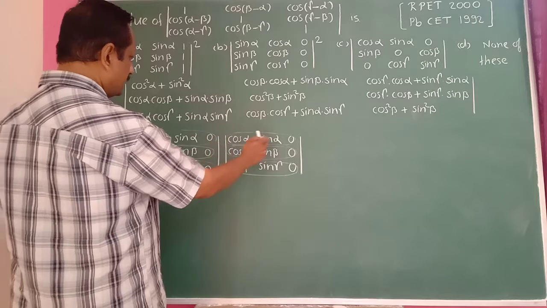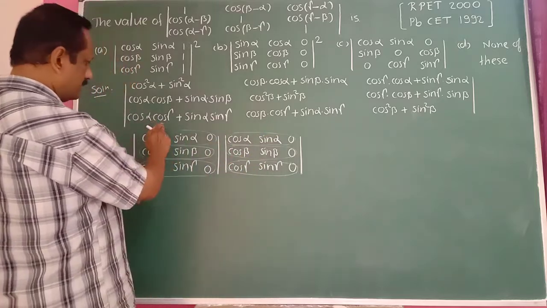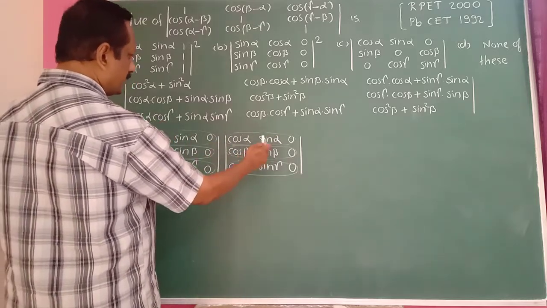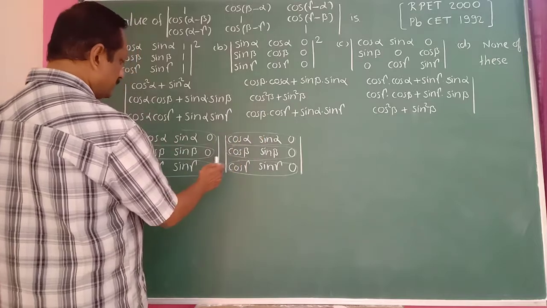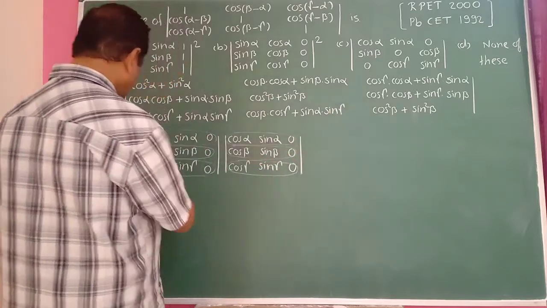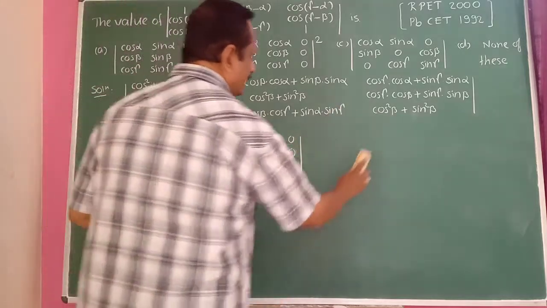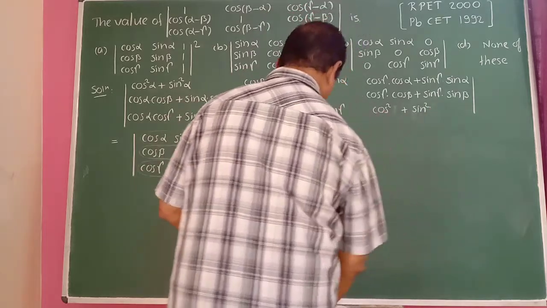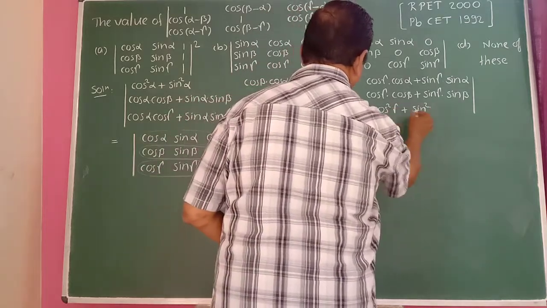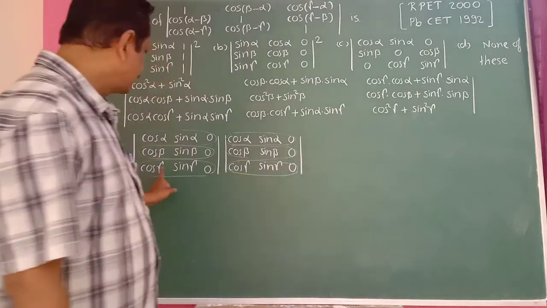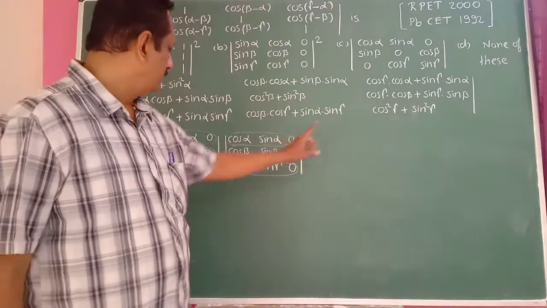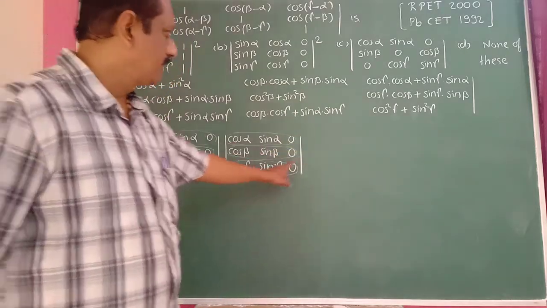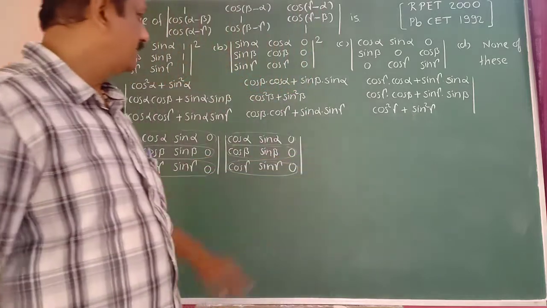Multiply this with this here, you get this. Multiply this with this, you get this one. We get this one. So cos square gamma, not beta here. This is gamma. Cos into cos becomes cos square gamma, and sin gamma into sin gamma is sin square gamma here. Then it is a 0.